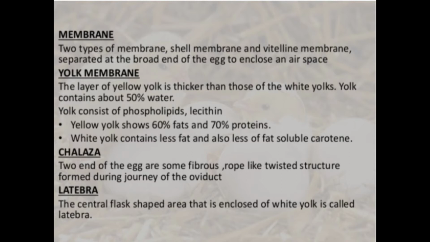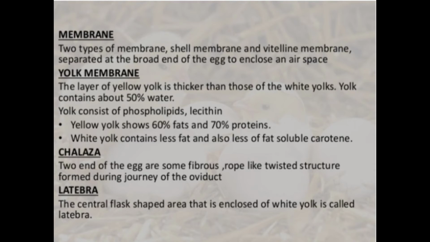Basically the egg is about 3.0 centimeters in diameter and is polylecithal. It is entirely filled up by the yolk, and over it, that is in the animal pole, lies a small cytoplasmic disc with the nucleus. This disc is called the blastodisc. The yolk has a central mass of white yolk around which are alternate concentric layers of yellow and white yolk. The central flask-shaped white yolk called latebra runs from the center to the lower side of the blastodisc, and there it expands to form the nucleus of Pander.